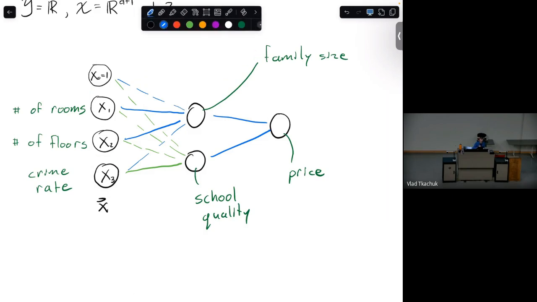And then to make the notation the same as before, this would be called like A1,1, A1,2. And there would be this bias guy as well, equal to 1. Okay. So you give the neural network all of these connections.